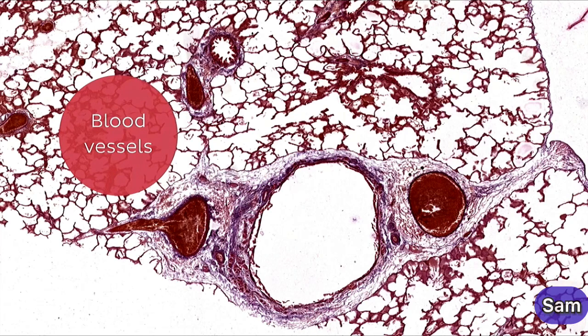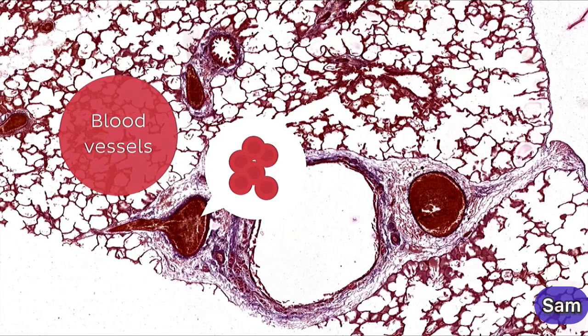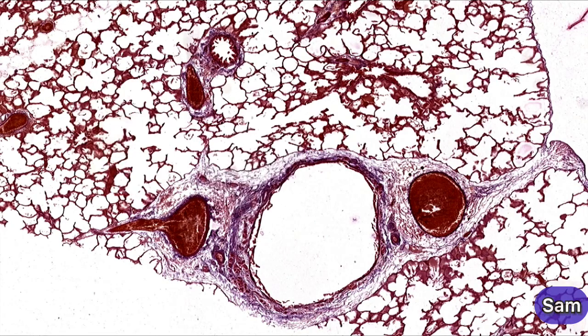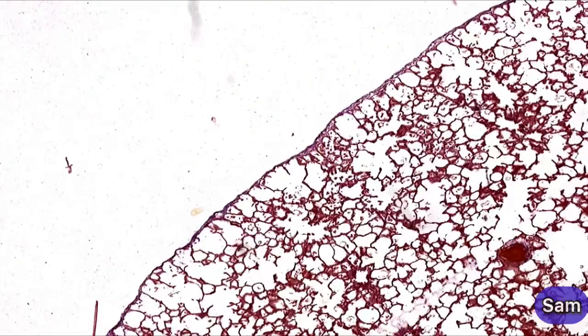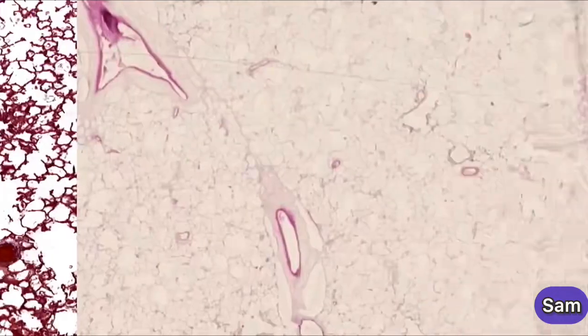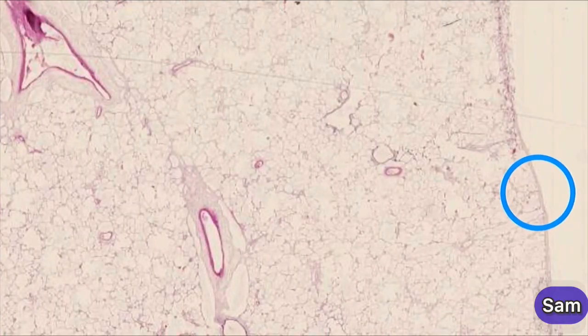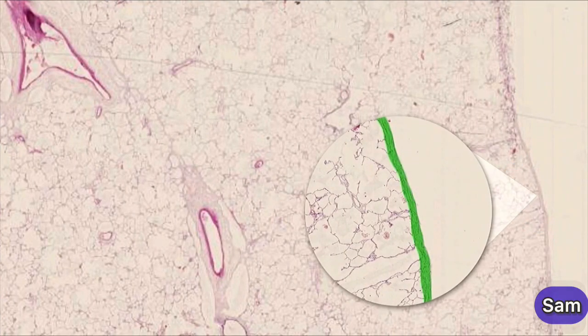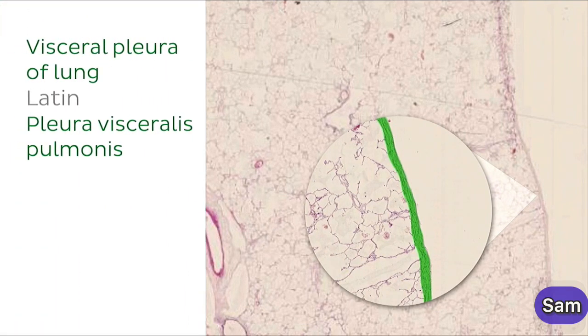They contain no folds but can usually be discriminated from other structures due to the presence of blood cells inside of them. Finally, there's another element you should be able to recognize when looking at a lung slide, and this is the visceral pleural membrane. And we're going to be switching to another image just to understand this membrane a little bit better. So in this image, we can see that we've highlighted the visceral pleura,